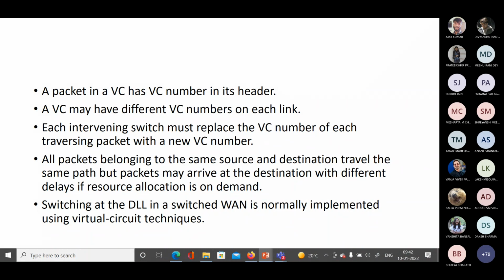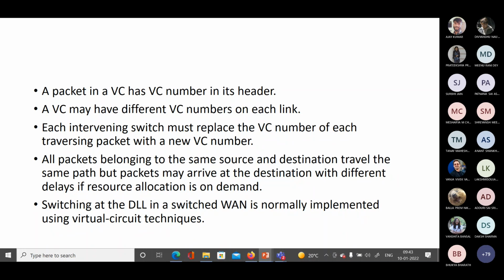If you had a circuit switched network earlier, then the path would have been fixed for a particular transmission, whether it is bursty or non-bursty. But in this case, if it is bursty traffic coming from several sources, you can allocate the resources on demand.